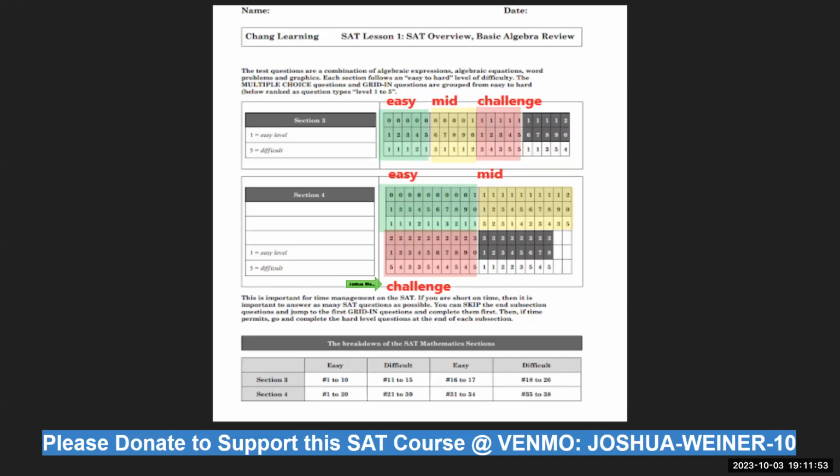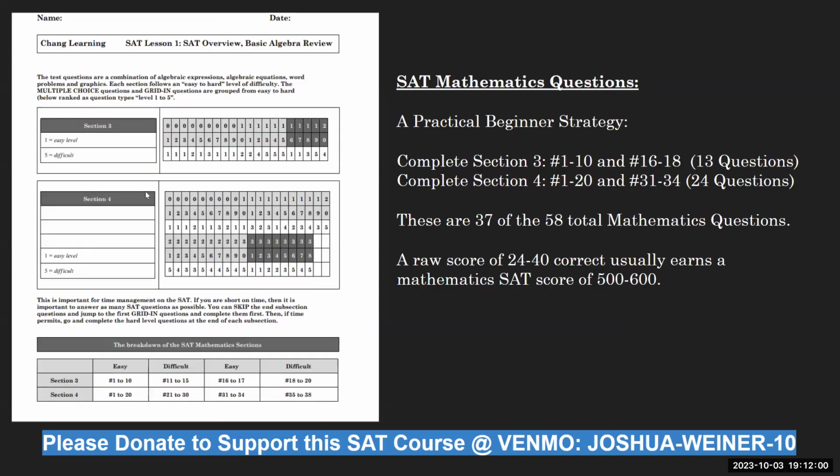With this strategy of skipping the challenge questions and budgeting your time properly, we have found at tutoring houses that a raw score of 24 to 40 happens over 90% of the time. In other words, you will score at least a 500 to 600 following even that basic strategy for the SAT